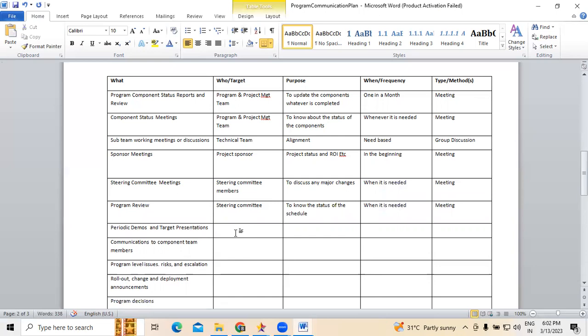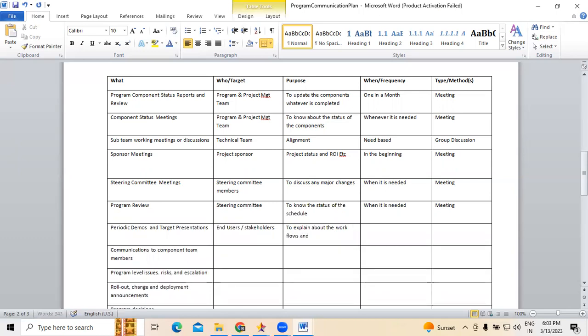Next, periodical demos and target presentations. This is for end users and stakeholders. Purpose is to provide information about changes in the workflows and process.